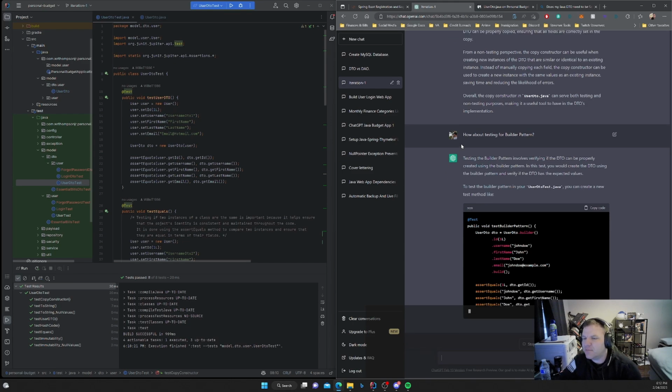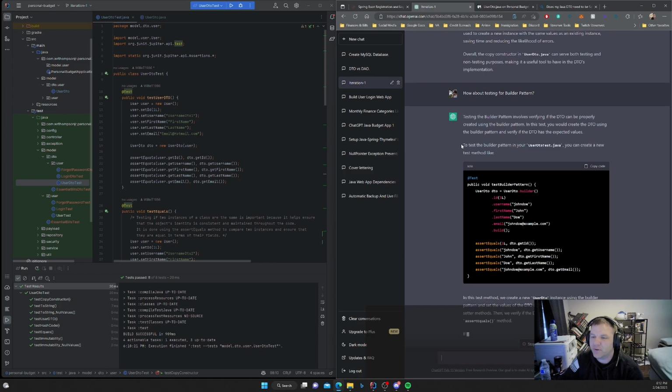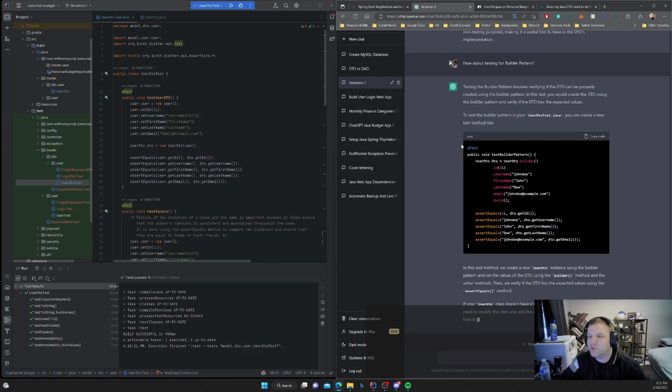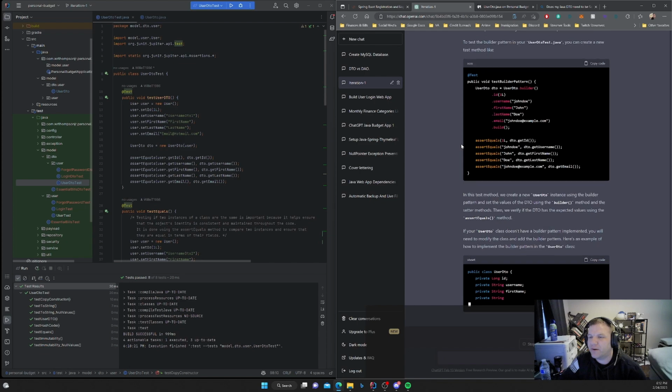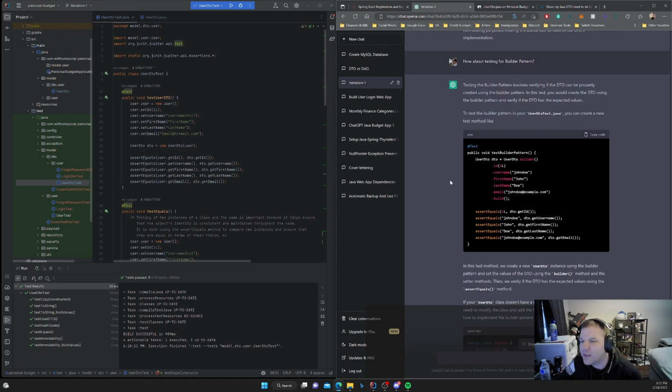Let's see. Testing the builder pattern involves verifying the DTO can be properly created using the builder pattern. In this test, you would create the DTO using the builder pattern and verify if the DTO has the expected values. To test the builder pattern and your user DTO, you can create a new test method like, okay.